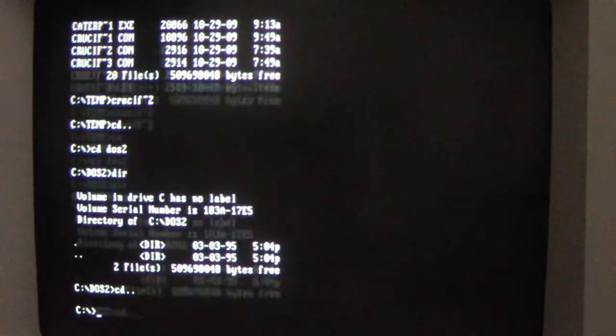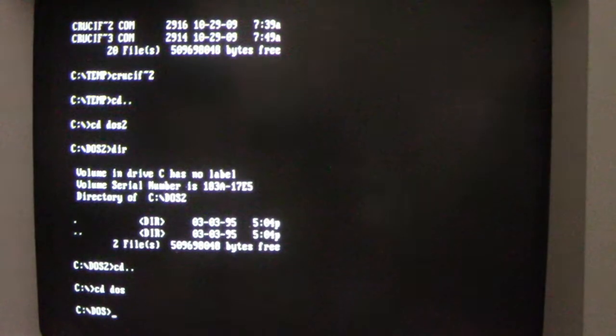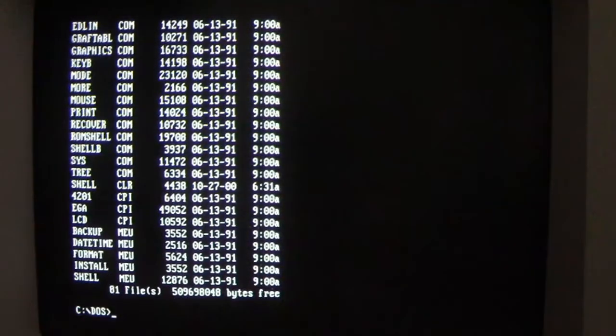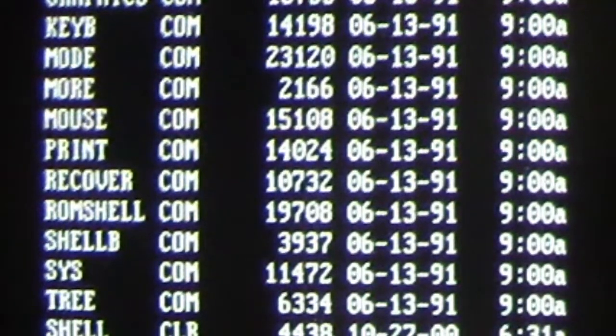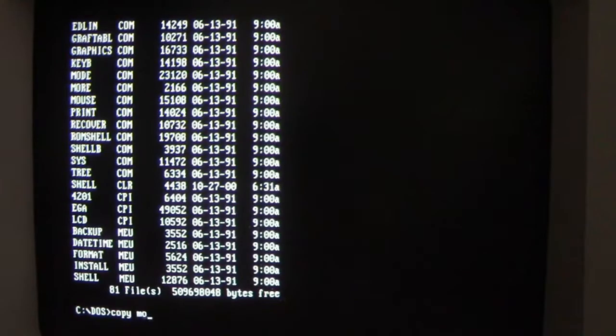and I actually did not copy any files to it, which I actually should have done, but no matter, we'll go use the original DOS directory. So we got all our DOS files, and the thing I should also point out about Crucifixion is it only infects .com files when they're copied over. It does not do it to executables. So let's find something like what we got there that we can see. We have mouse.com, which we can see is 15,108. So let's copy mouse.com